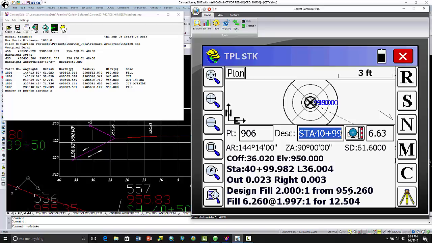Fill. So coming from 956.26, that's the shoulder elevation. You have to go down 6.26 feet. If this is your true rod height, then that's where you have that much fill to get to that tie point. So, okay, let's go ahead and store it. So I store it,